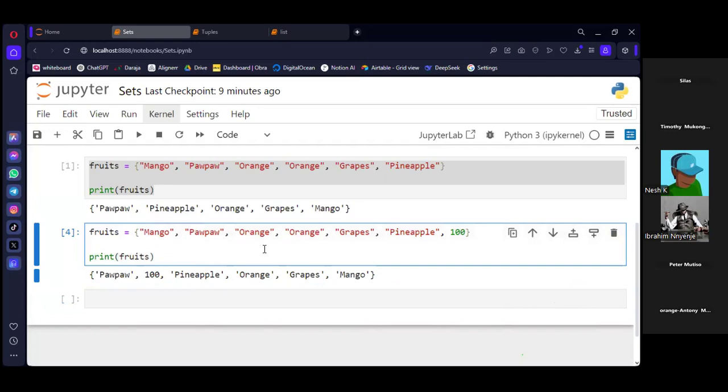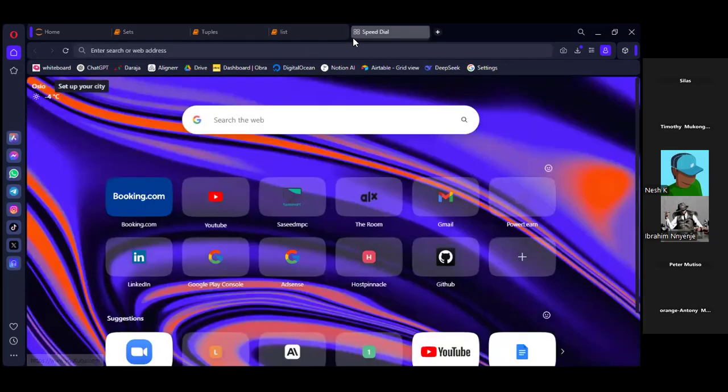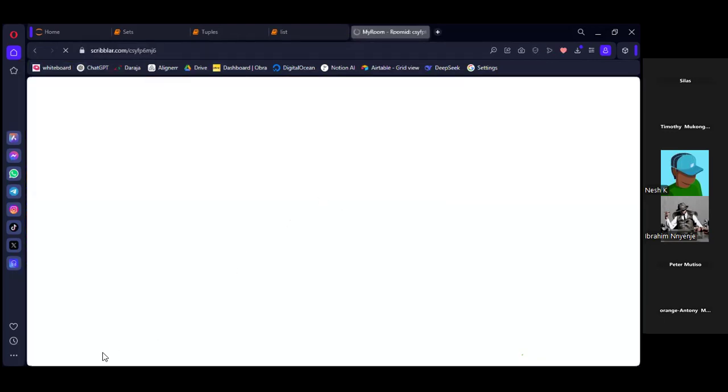And also something about sets, now that they don't allow duplicates, there are some attributes that you need to know about sets, especially in the joins. On sets, you can still remove items, but with some methods, for example, discard, remove, and all that.